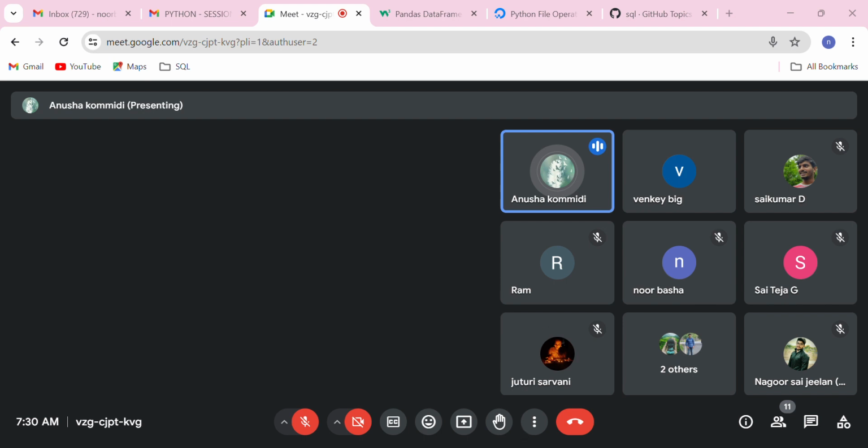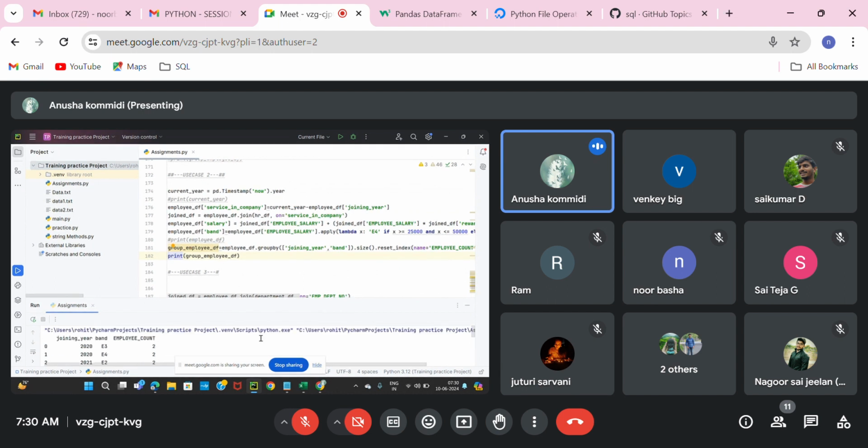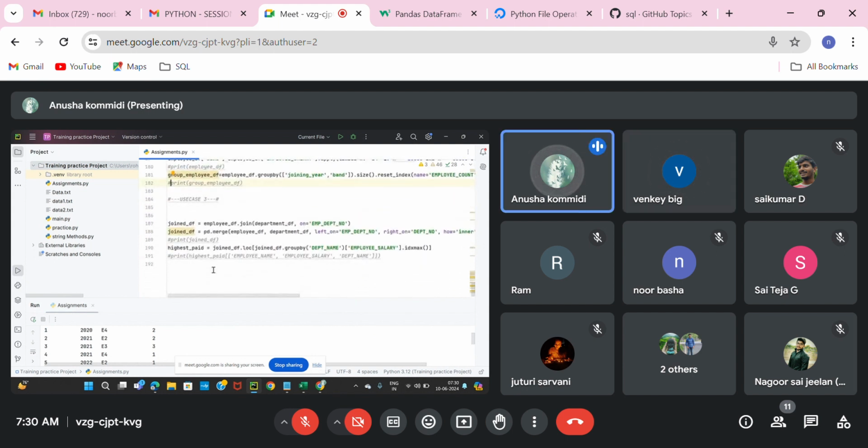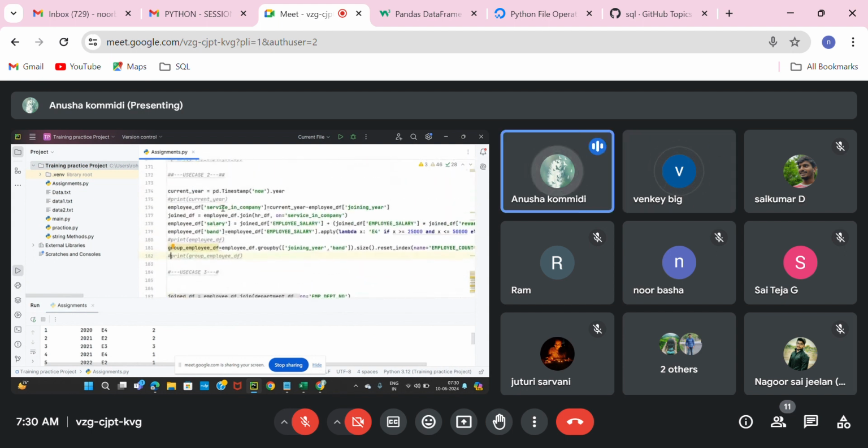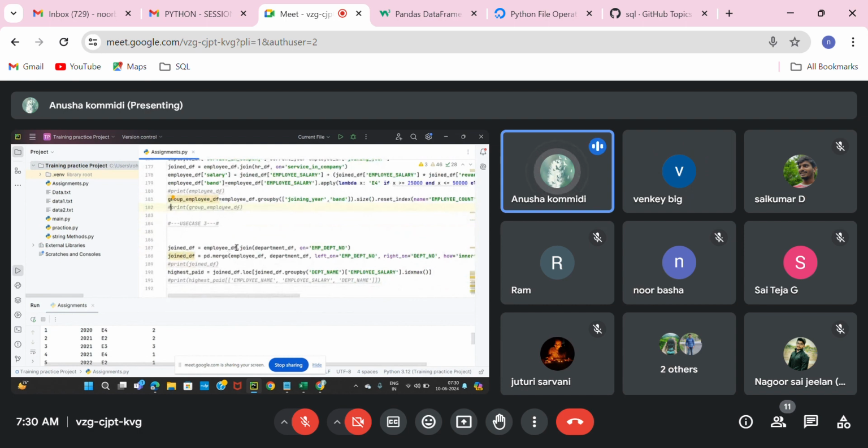This is use case two. Coming to use case three, I have already done the join: joinDF equals employeeDF dot